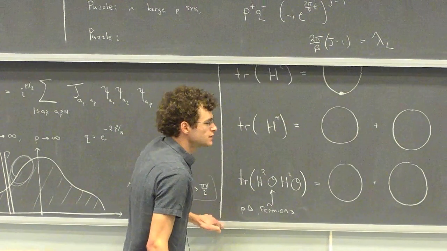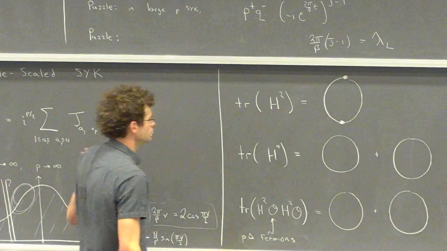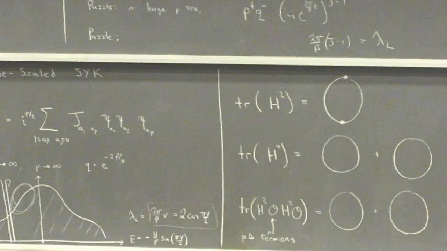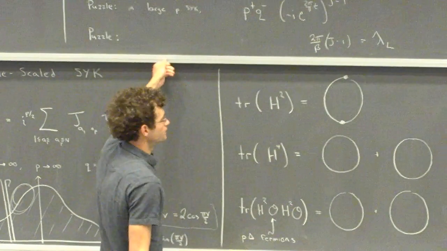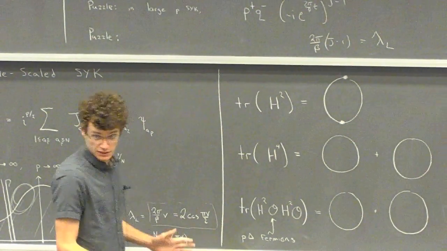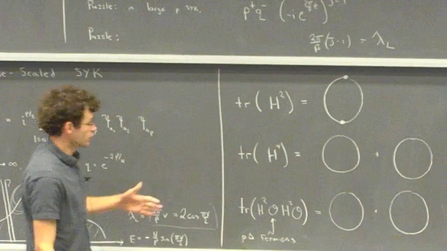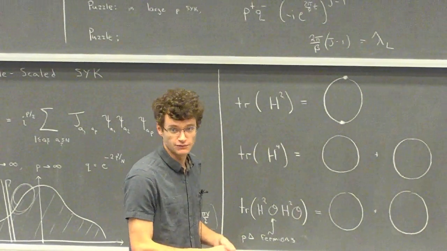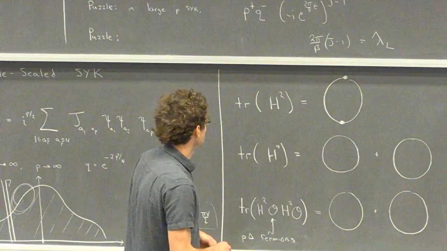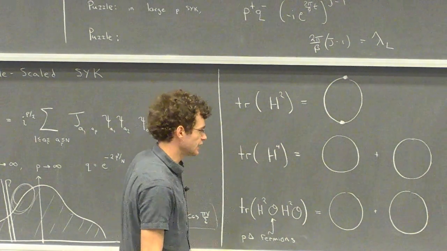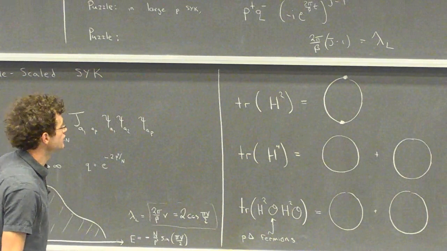OK. So what I've said so far is actually similar to the, not so important that we've taken this double-scaled limit. p is very large. But there is something nice that happens in this limit, which is that the model becomes solvable, and it becomes solvable by a very direct attack. So I'll try to give an indication of how you solve it.